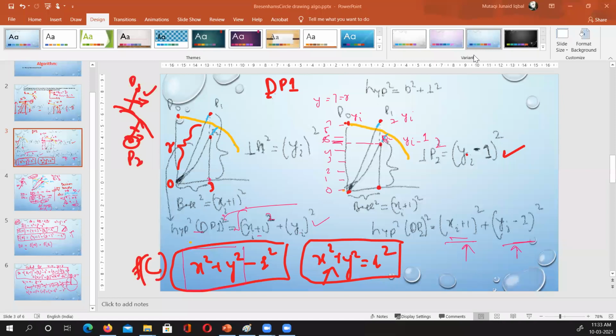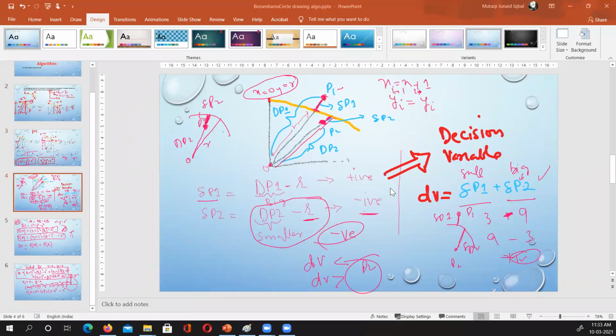Okay, so what I did here is I said that if you have P1 and P2, the distance delta P1 and delta P2, which one is bigger will tell us which one to admit. Who is bigger, delta P1 or delta P2? Depending on that, I will take a decision. Who should I take? I am taking help of the circle equation and the function of the circle at P1 and P2 to get delta P1 and delta P2. And I got that from the hypotenuse also, from the Pythagoras theorem. So we had discussed that.